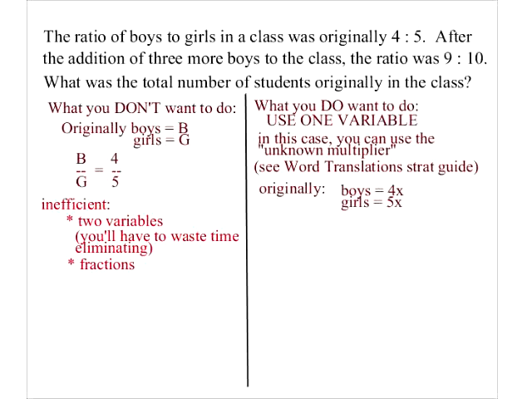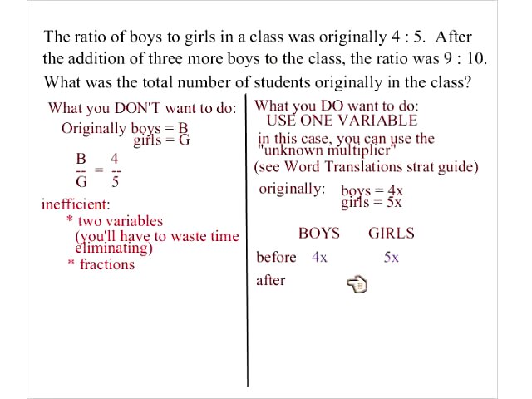Okay, what it also helps to do is make a chart, where you say boys, girls, and then you have before and after. And then this way you can just fill in the chart with the information that's in the problem. So it used to be 4x, and it used to be 5x. Okay, so then after we added 3 more boys to the class, in the text box, what expression would we fill in here for afterwards? Go ahead and type in the text box, guys. If we add 3 more boys to this class,